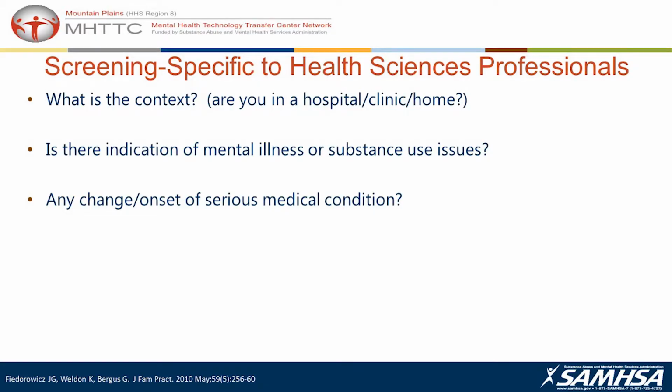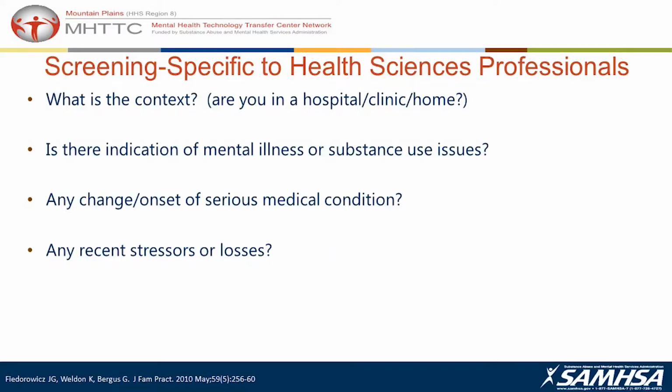Has there been a recent change in terms of medical condition? And what does that mean in terms of their vision for the future, their sense of hope? Any recent stressors or losses? And in some particular populations, this is more significant. Youth, impulsivity, breakup with boyfriend, girlfriend, etc. We oftentimes see attempts in these situations. With Native Americans, Alaska Natives, the youth who die by suicide, oftentimes there are significant relationship changes there. And so there are certain demographics and populations where a change in relationship means a whole lot. For others, not as much.